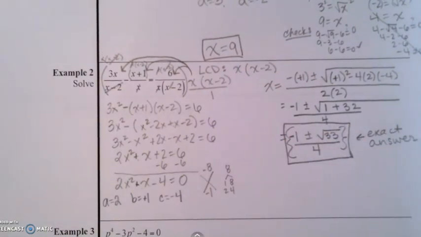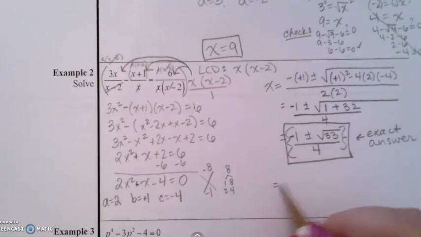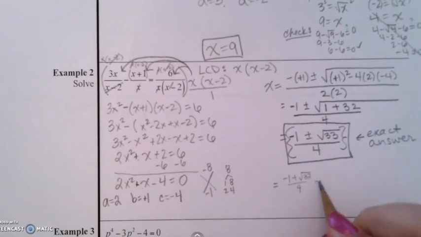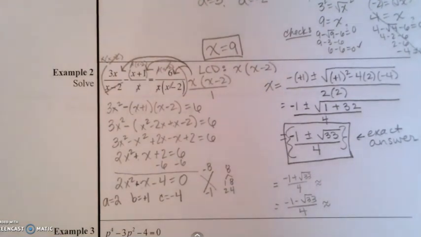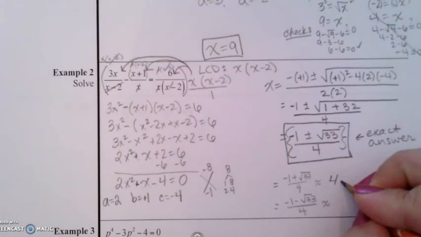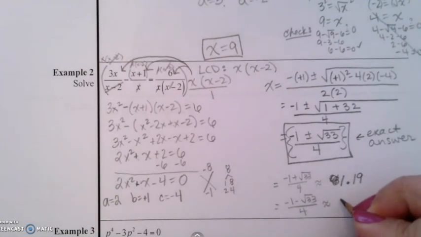If I needed to find the estimate, then I need to substitute these back in. So I need to find in my calculator -1 plus the square root of 33 over 4, and then I'll get an approximate answer. In the calculator, -1 minus the square root of 33 over 4, and I'll get an approximate answer. Go ahead and pause the video, see if you can find that solutions, the approximation to 2 decimal places. What you should get is 1.19 and